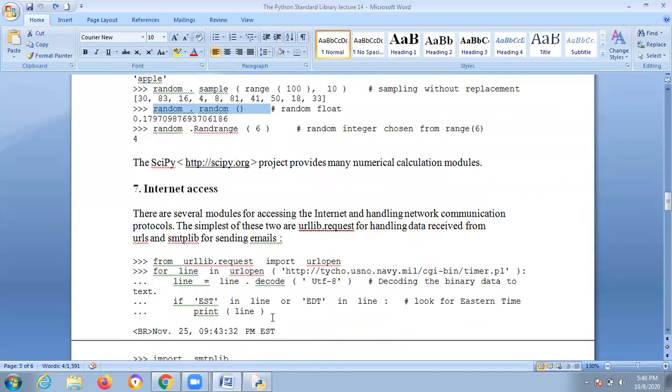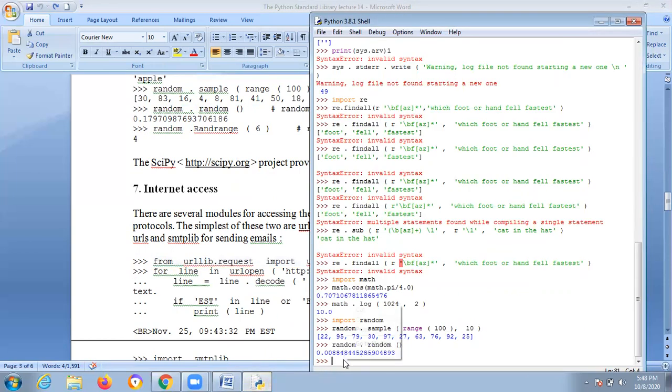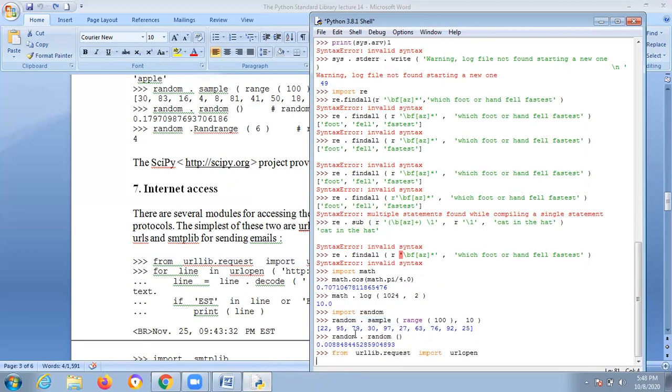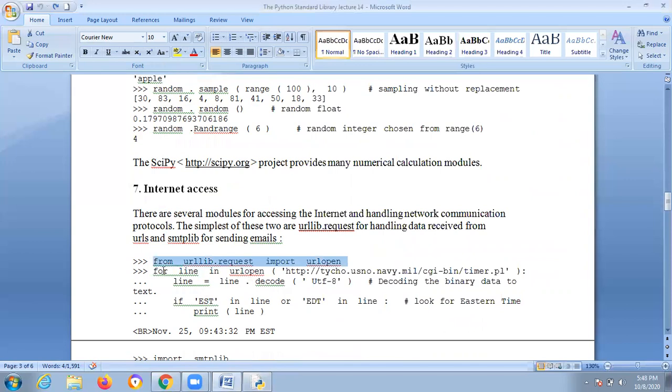And what is this internet access? This internet access is mainly for network communication, like uniform resource locator requests. First you need to use from urllib import, and for line in urlopen.